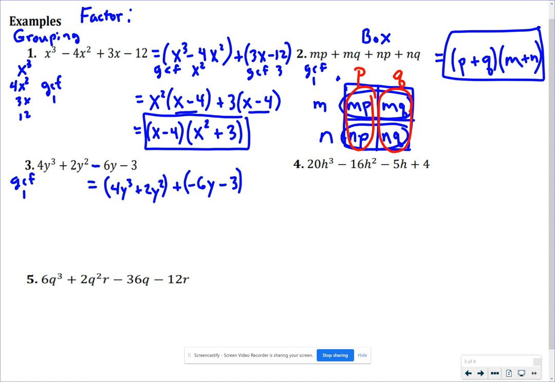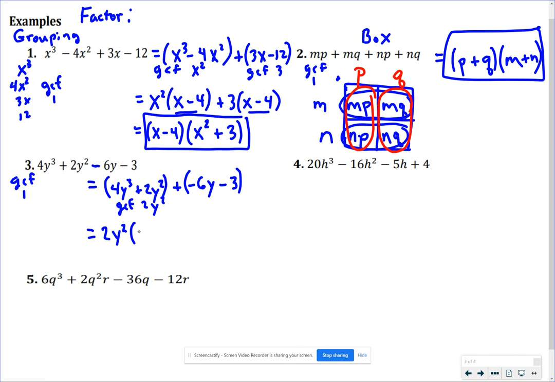I'm going to put the negative that's in front of the 6y inside the parentheses with the 6y. We'll make fewer mistakes, I think, if we do it this way. So notice if I remove the parentheses, it would come back to what I have at the start. For my GCF of the first two terms, I have 2y squared. So I'm going to take that 2y squared and pull it out,